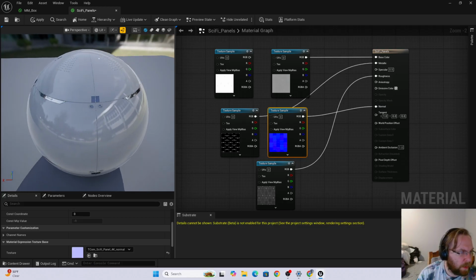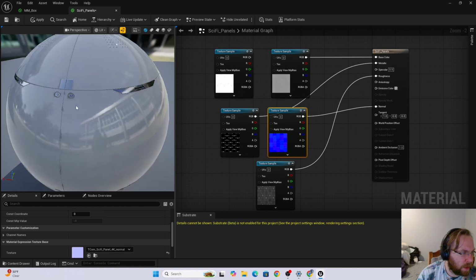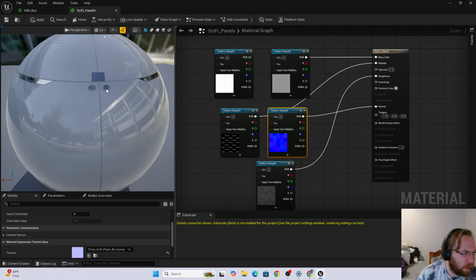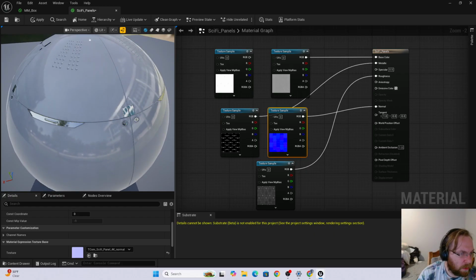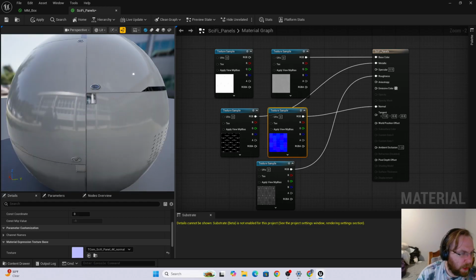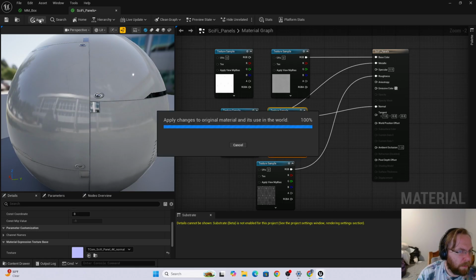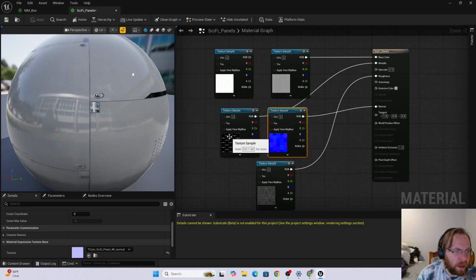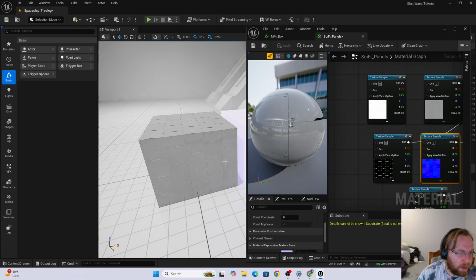It adds some additional details here. Whoa, too close. Like these little, I'm not sure what. Well, details anyway. Okay, nice. Let's hit apply. That's all good. And when we hit restore down,